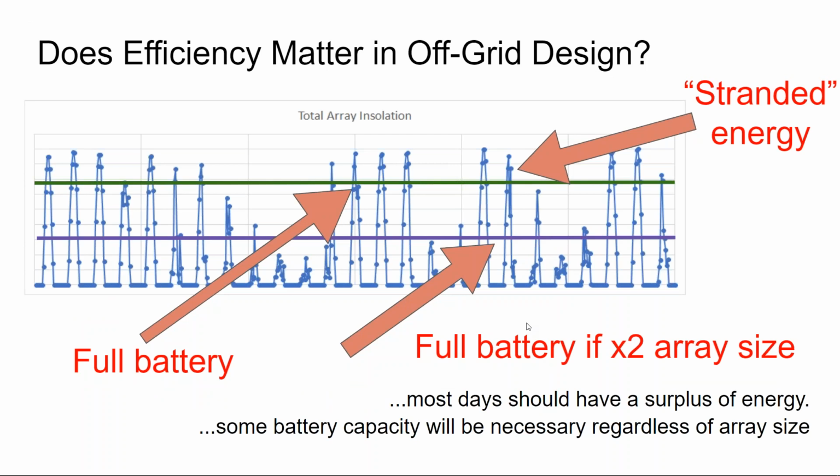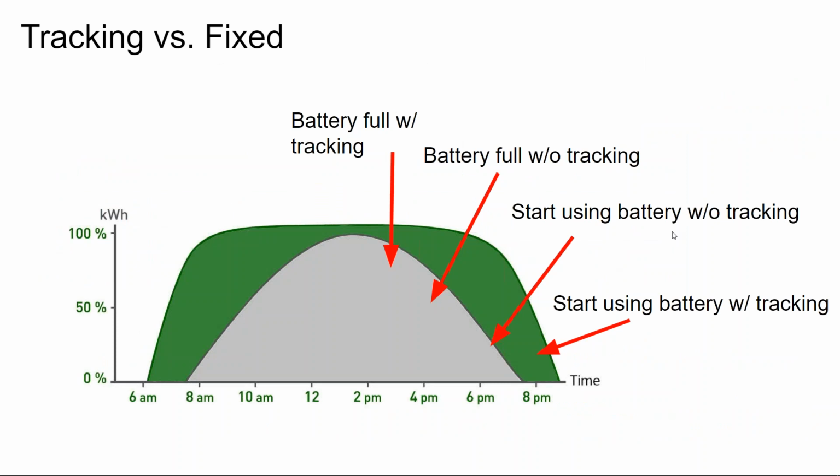This is commenting on the stranded electricity. And so if you do tracking, maybe your battery gets full earlier. Maybe you have a little bit more electricity in the morning. But it's not to say that you have to have tracking to live off grid. So, what I'm saying is the performance increase of tracking for residential off grid may be a little bit overstated.